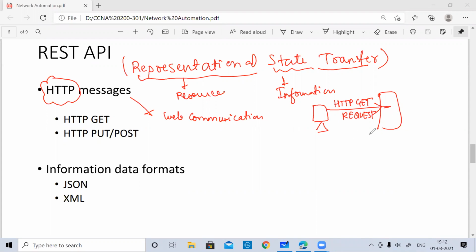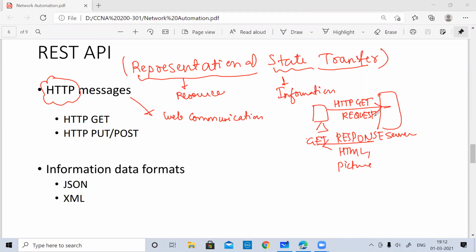In response to this, from the web server, you get the resource which is located on the server. As I mentioned, we are trying to understand the resource. On a web page, the resource can be your HTML page, a picture, or any object stored on the server in web form. So here you get a response. These are the messages: GET request, GET response.